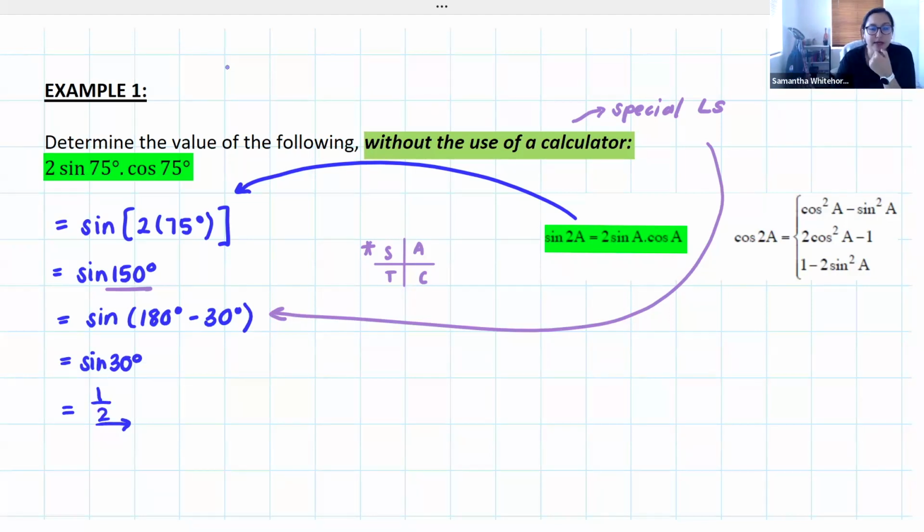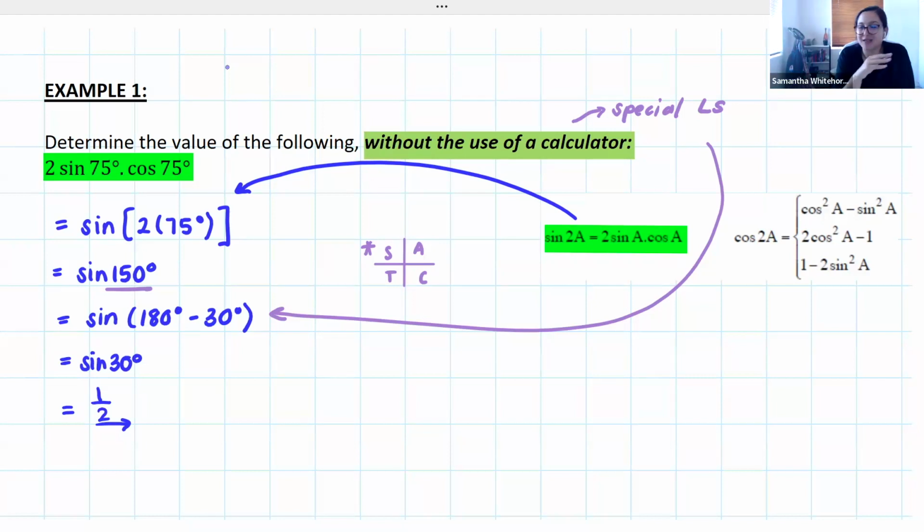So just remember your reduction formulae, especially when it says without the use of a calculator and you get an angle that you can't immediately work with as a special angle. Just bear in mind your reduction formula and that you can create a special angle for yourself. I'm not changing the meaning of anything here, because remember, when we did the general solution equations, we spoke about the fact that